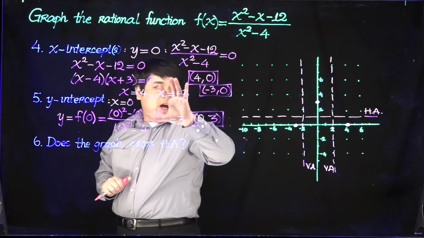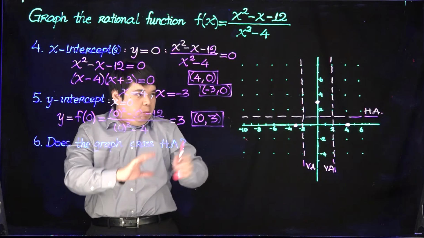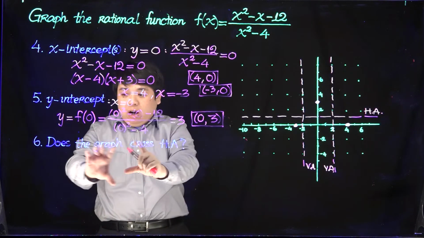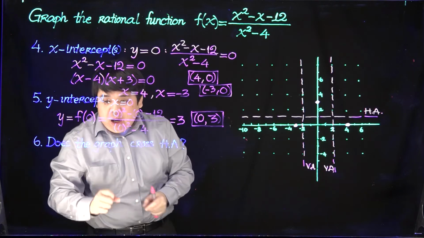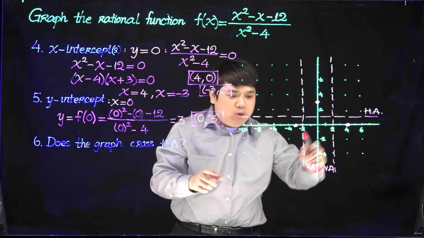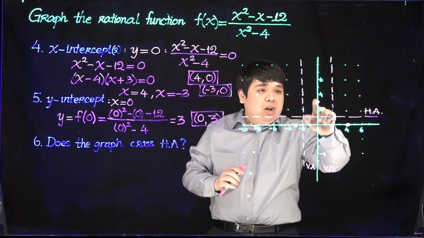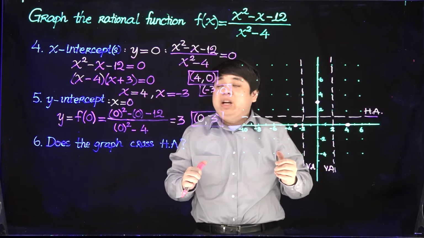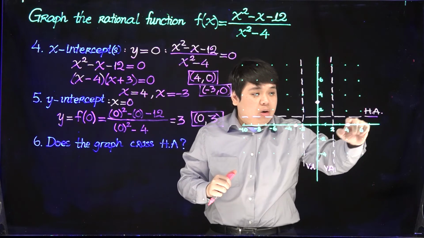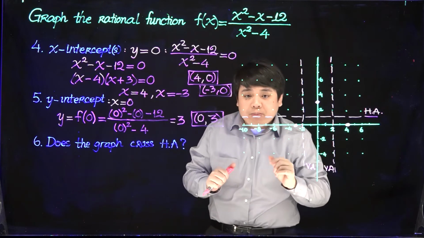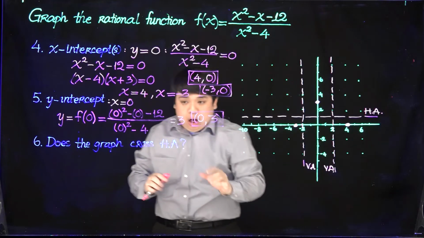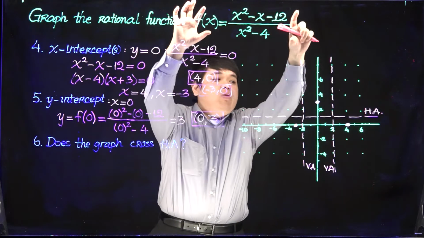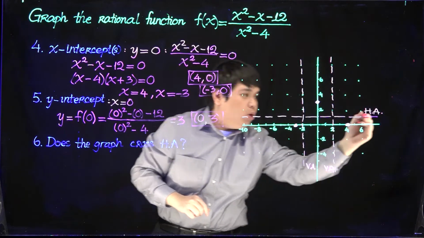Right. So that's pretty much some of the characteristics of the graph. To make it easier to graph, I'm going to do one more part. Does the graph cross the horizontal asymptote? Notice that it cannot cross the vertical asymptote because then it could not be a function. It can cross the horizontal asymptote, so we have to check whether it does. The graph will cross the horizontal asymptote where the function is equal to the horizontal asymptote,